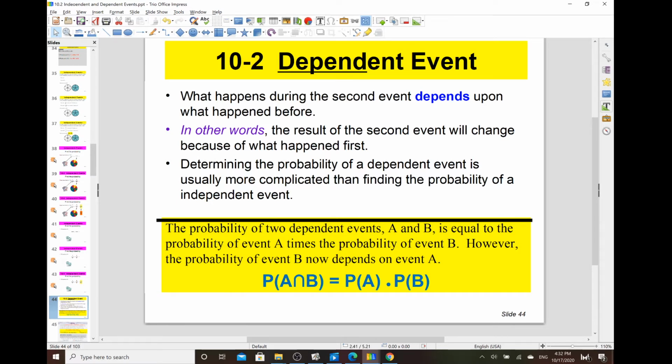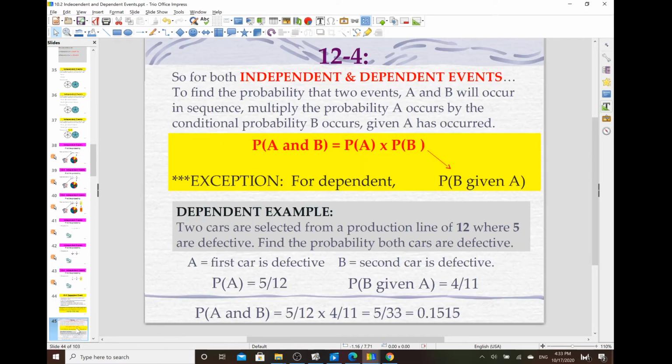So the probability of two dependent events, A and B, is equal to the probability of event A times the probability of event B. However, the probability of event B now depends on the probability of event A. Okay, so what that means,